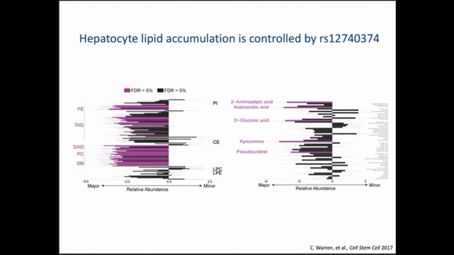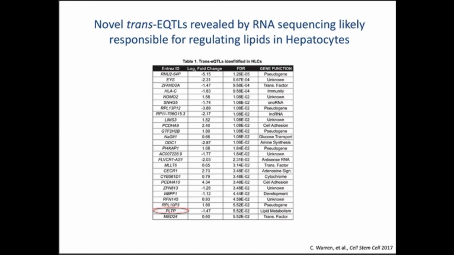There's some other amino acids that we don't totally understand that are changed. And because we probably isolated these cells and they didn't have the same confounding effects, even with a smaller group of cells than the original genetic studies, we were able to get new information about other genes that might be affected by this transcription factor binding site, such as PELTP.